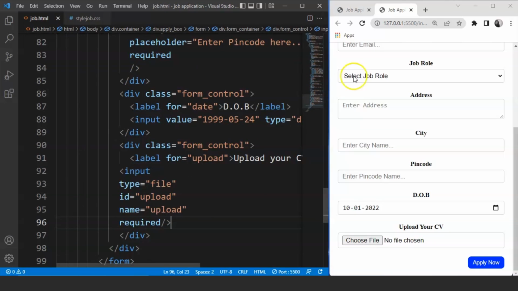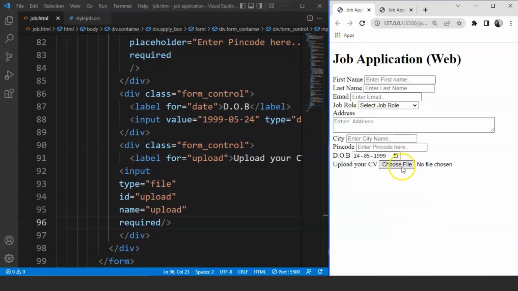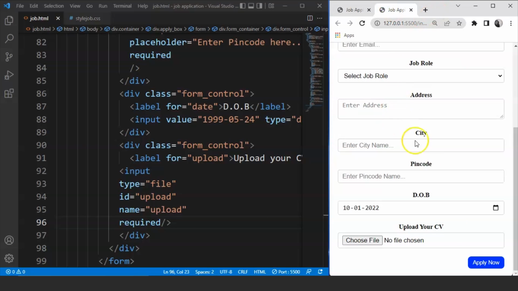So save it now, and let's check if it's working. You can see we can choose a file from here. Click on it and it will let you choose any file from your system. Fine. Now we are almost done with the application form. The last thing left now is the apply now button. Let's create this button now, and then we'll be done with this particular application form